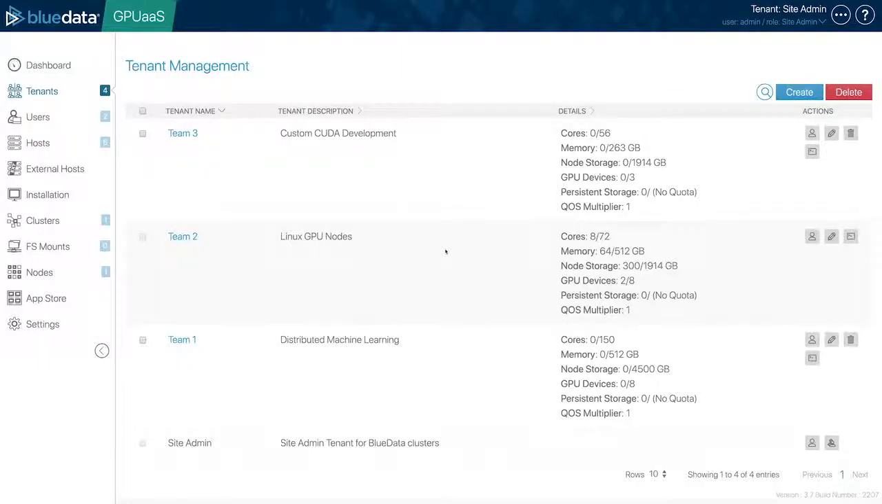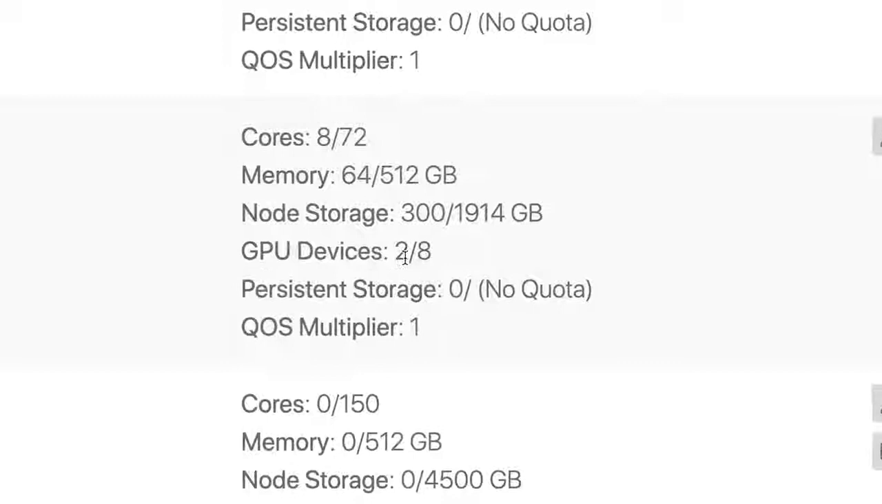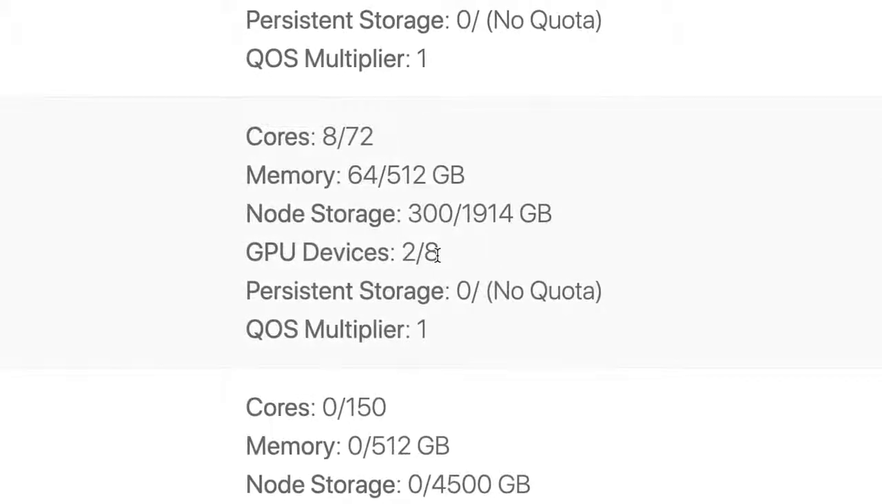Tenants are private groupings of logical resources. And these can be divided by projects, user groups, different applications, however way you want to divide up and isolate your individual environments. You can set specific quotas for how much resources each individual tenant can consume. In this case, this Team 2 tenant can only consume 8 out of the 24 GPUs I have installed on